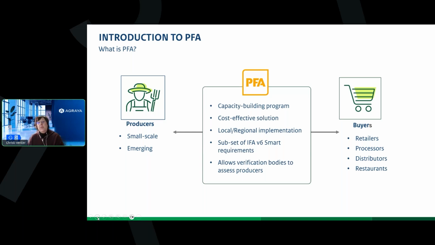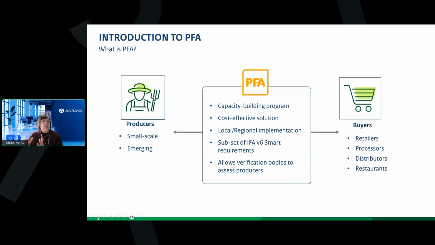So it's pretty much been designed for those producers that are not able to immediately go into the certification system. We saw now from the poll that there's not really people that are already at the certification level. So that's why we decided, around 2014 already, that we need something to help smaller scale producers or emerging producers. Emerging producers can also be those producers that are new to certification. They don't have to be a small scale farmer,